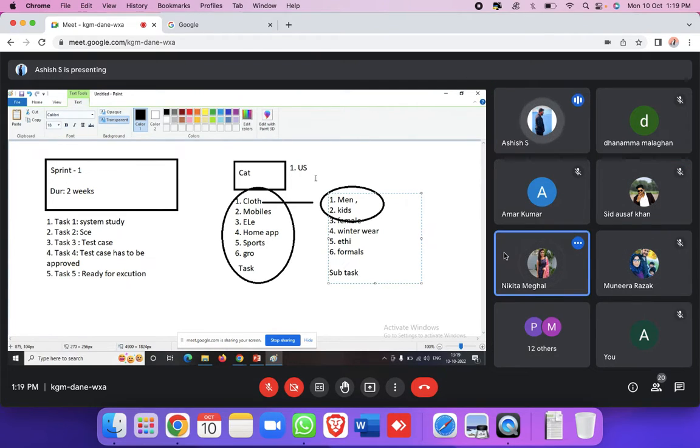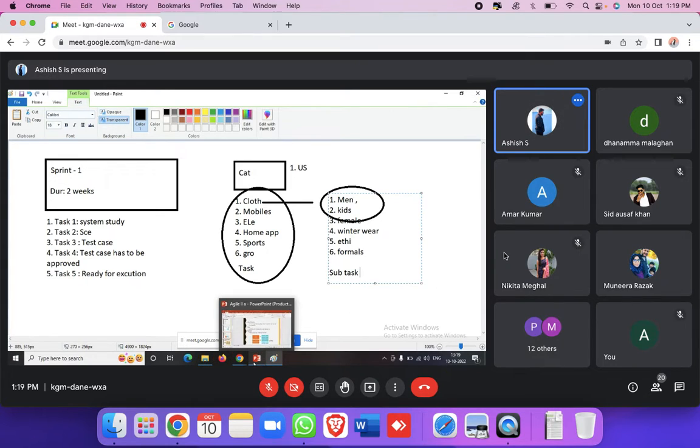So, understood what is user story, what is task, and what is subtask? Yes, sir. Everyone clear? Sir, I have one doubt. Is a user story a single requirement from the Epic, or is it a complete module? You can see one complete module easily as one user story. Any other doubts? No, sir. Okay.